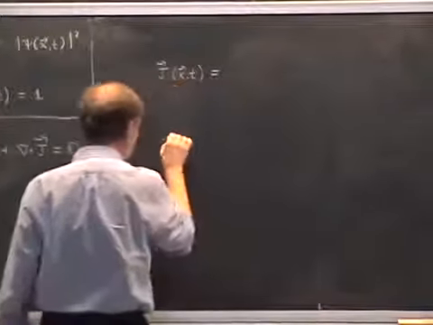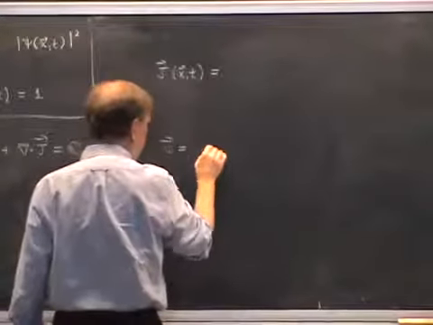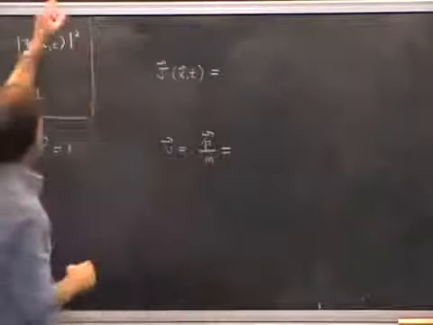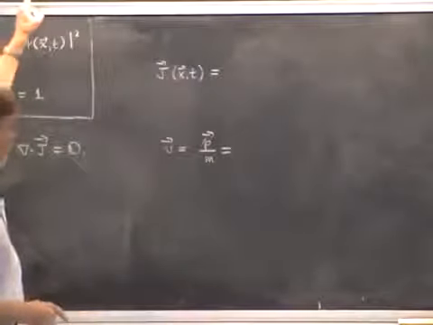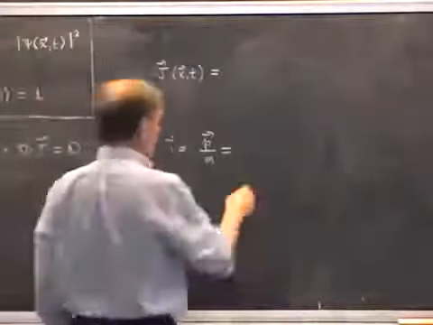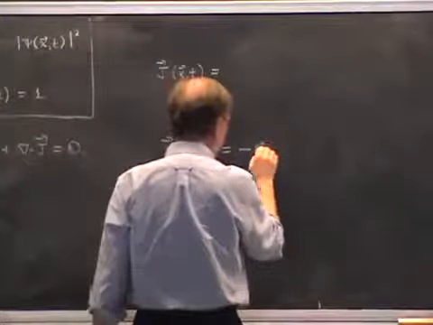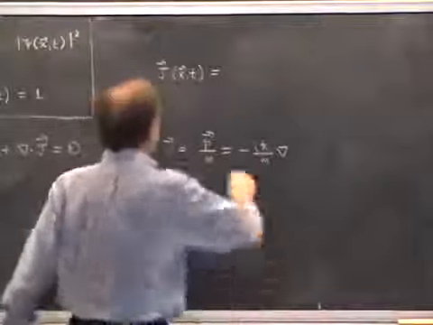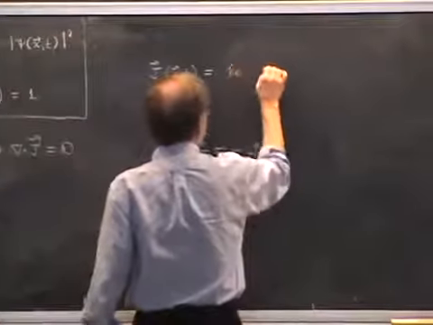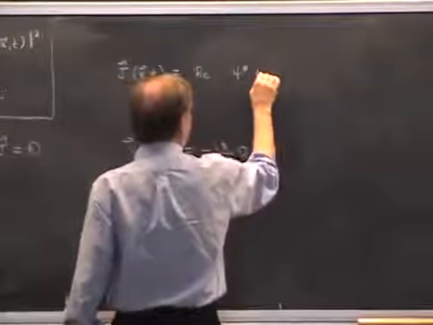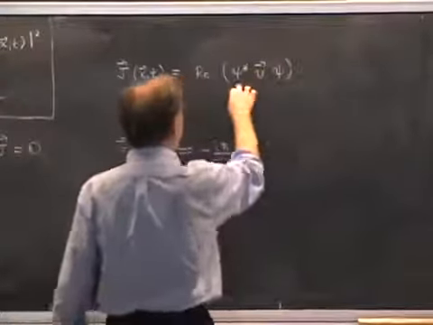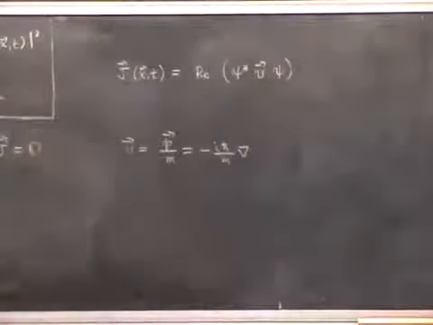Well, first let me define a velocity operator. The velocity operator is the momentum operator divided by the mass, which is what it's supposed to be for the Hamiltonian kinetic plus potential, which has p equals mv. And so as an operator, it's minus i h bar over m times the gradient. Well, J is equal to the real part of psi star times the velocity operator times psi. So the velocity operator acts on psi, and it's the real part of that.